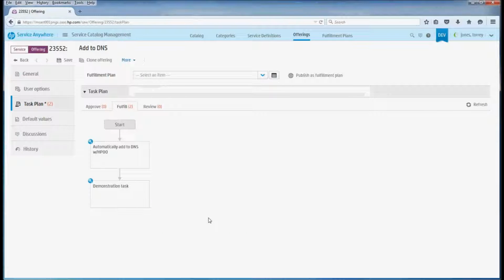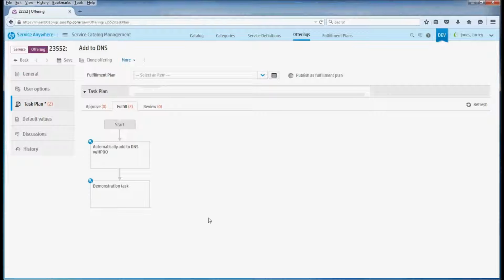And quite literally, it is that simple to add a task into a task plan, and that really is the integration in an everyday use case and how it's utilized from a Service Anywhere perspective over to HPOO. So now we can take this task plan and we can execute the request against HPOO, and everything will function great. We provide a simple end user interface for the end users who are already going to our IT employee self-service portal that is front-ended by Service Anywhere. And our back-end fulfillment has been automated, alleviating that stress off of our IT organization in order to provide automated